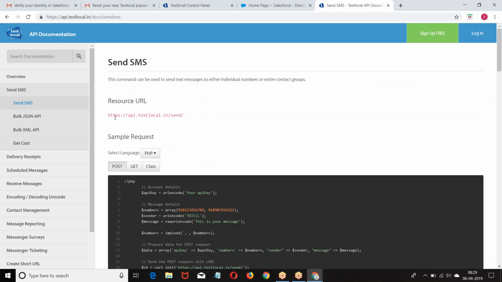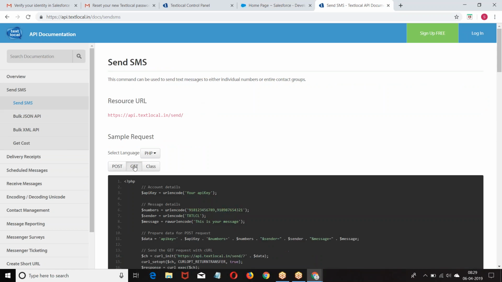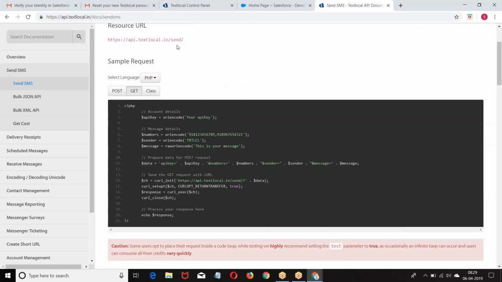Then they ask you what format of request. I'm sending a GET format of request. When you're trying to send a GET format of request, they give the URL and what they are expecting you to pass. Apart from the URL, they're expecting you to pass the API key, the numbers to which you want to send an SMS, who is the sender, and what is the message you want to send. They told us this is the endpoint URL